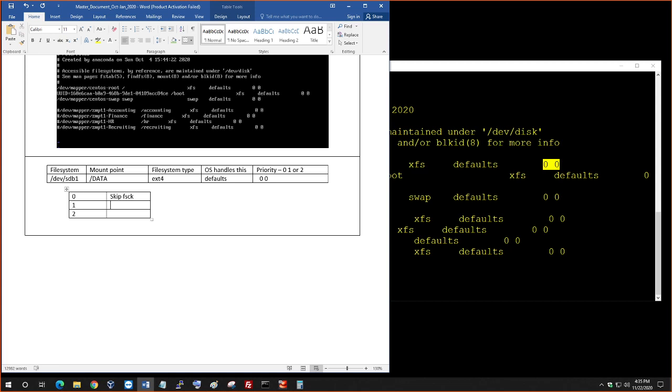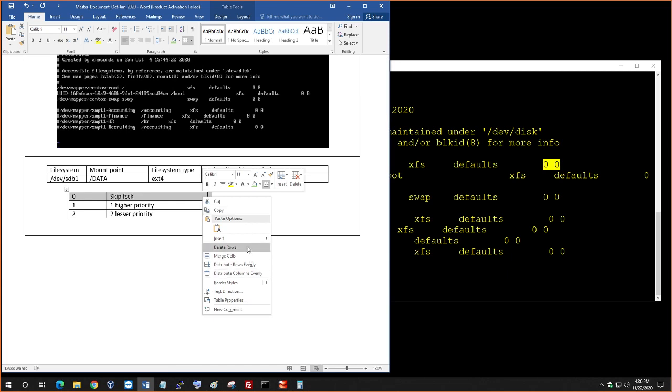And then number 1 is going to be higher priority, and number 2 is lesser priority. So in here, above,